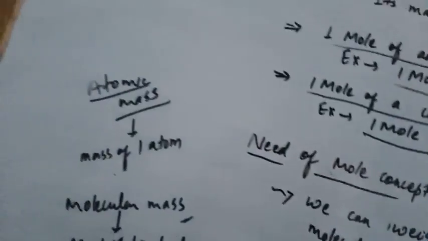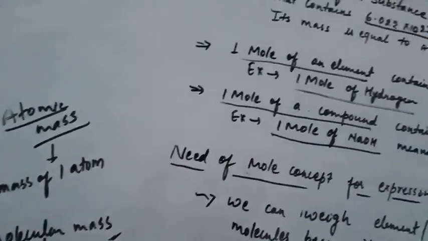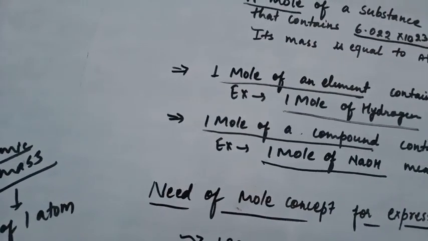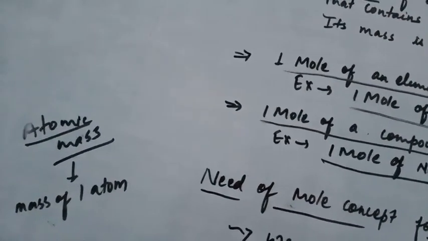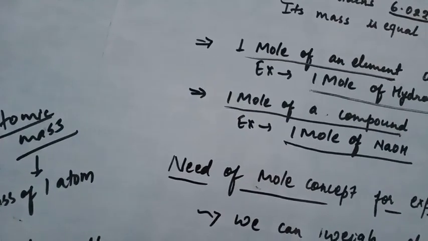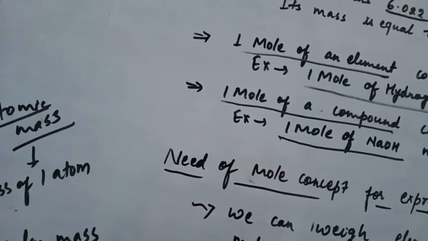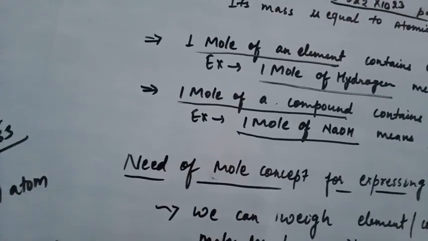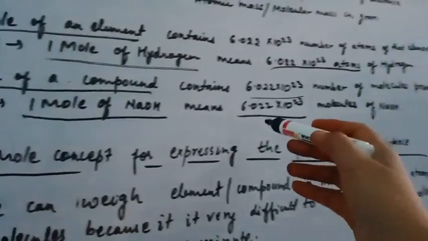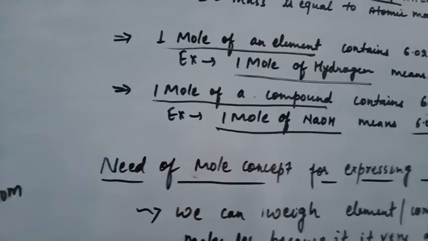Okay. So which physical quantity gives you the large value? Obviously 1 mole of anything. So 1 mole of any element or 1 mole of any compound gives you a large quantity of a substance. Why? Because there you are going to calculate 6.022 into 10 to power 23 number of particles which is present in 1 mole of any substance.